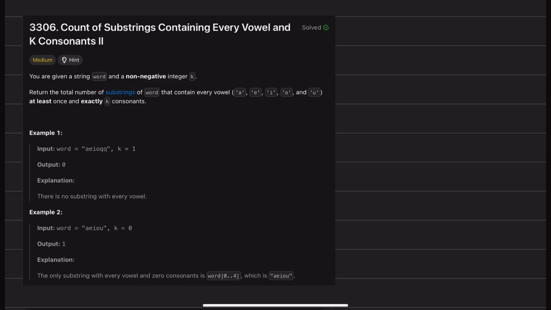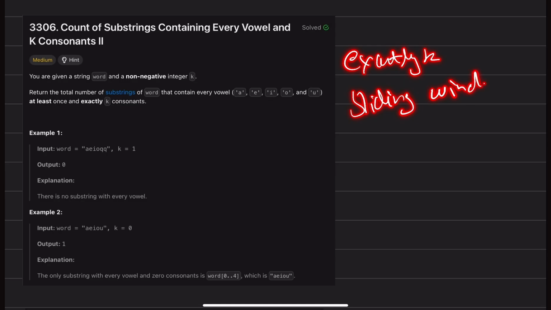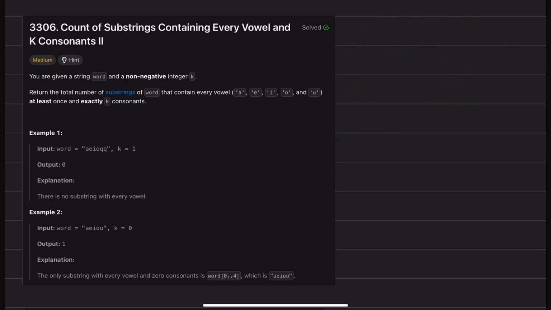This exactly k can get things messed up. So whenever moving forward you find any question which has an exactly k condition and you are trying to implement a sliding window, just keep in mind what I'm about to tell you. When we have such a constraint, what we do is